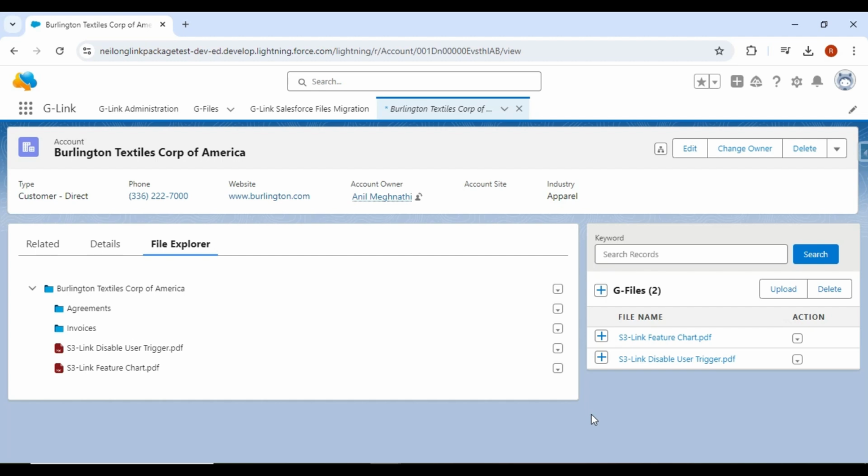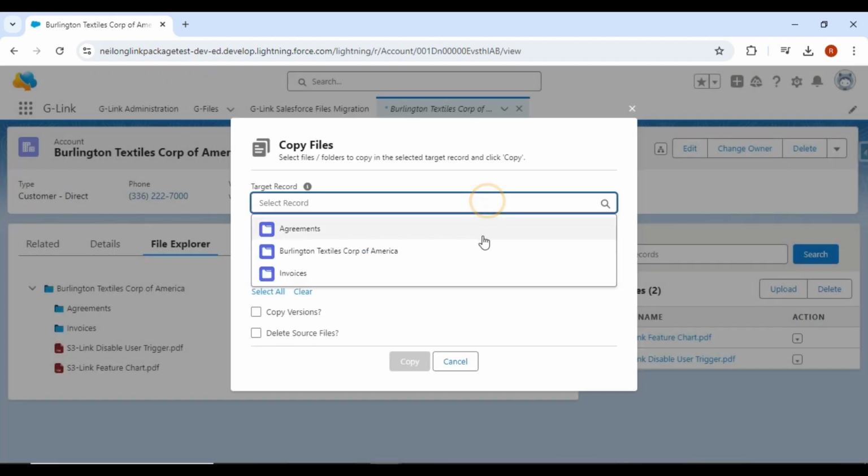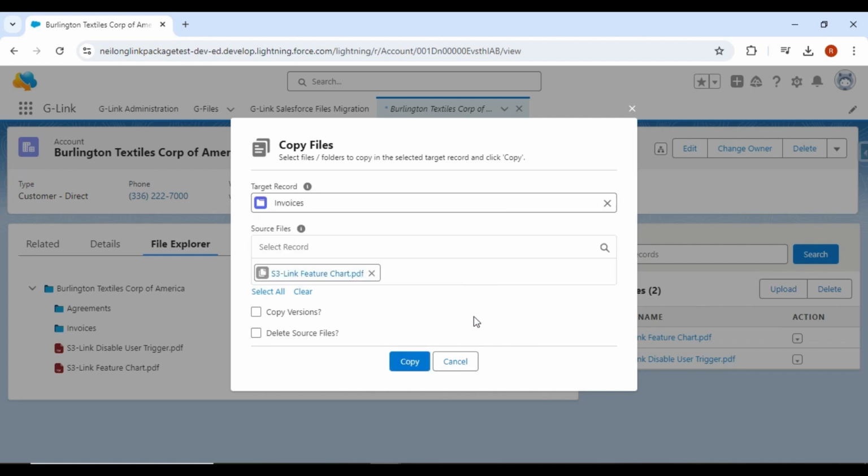To do that, click Copy from the menu for the Gfile. Select the folder Invoices in which you want to copy the file as target record. If you want to copy all file versions along with the file, then set the Copy Versions checkbox to True. If you want to delete the source file in the account name folder once it is copied, then set the Delete Source Files checkbox to True.